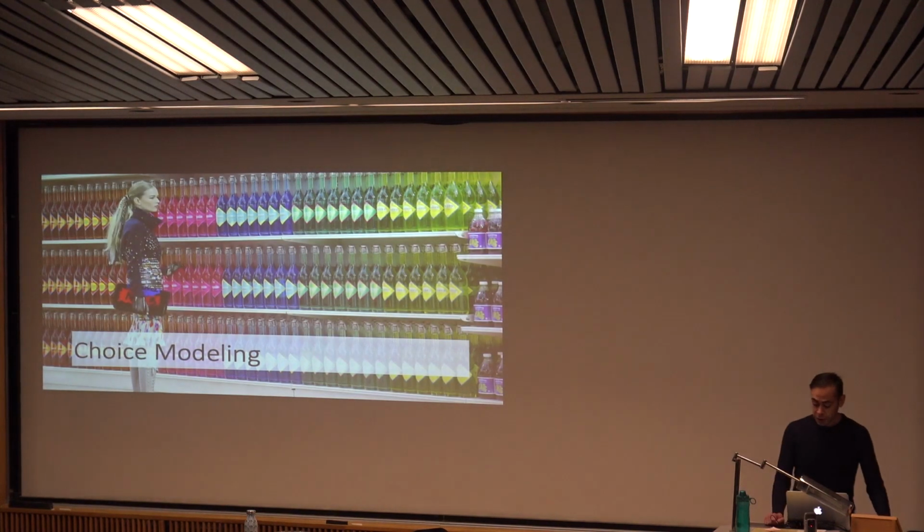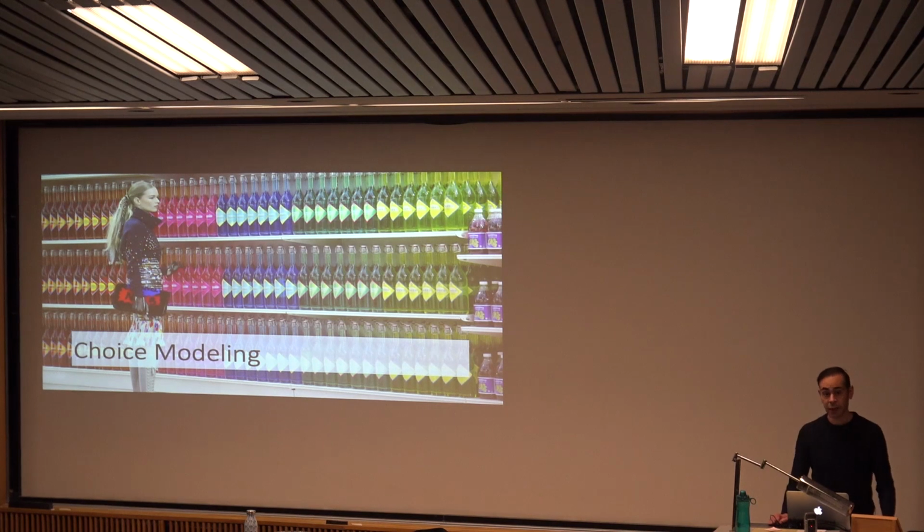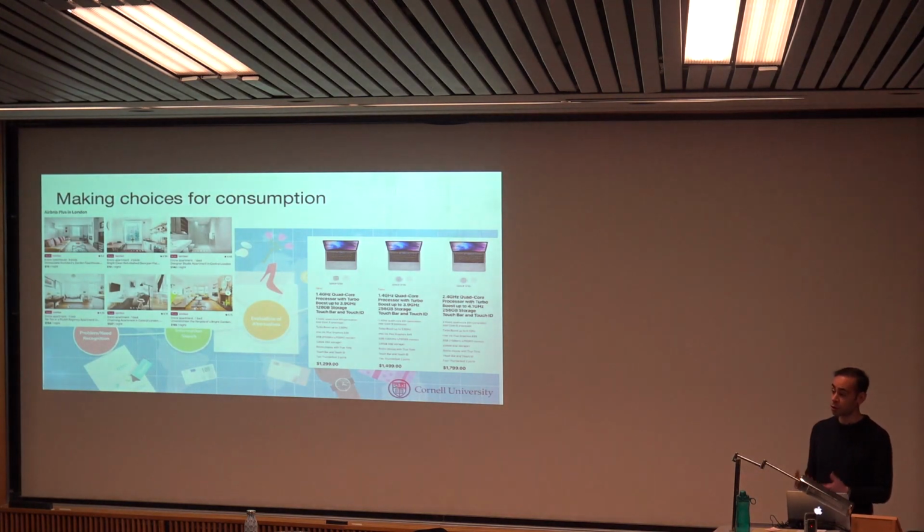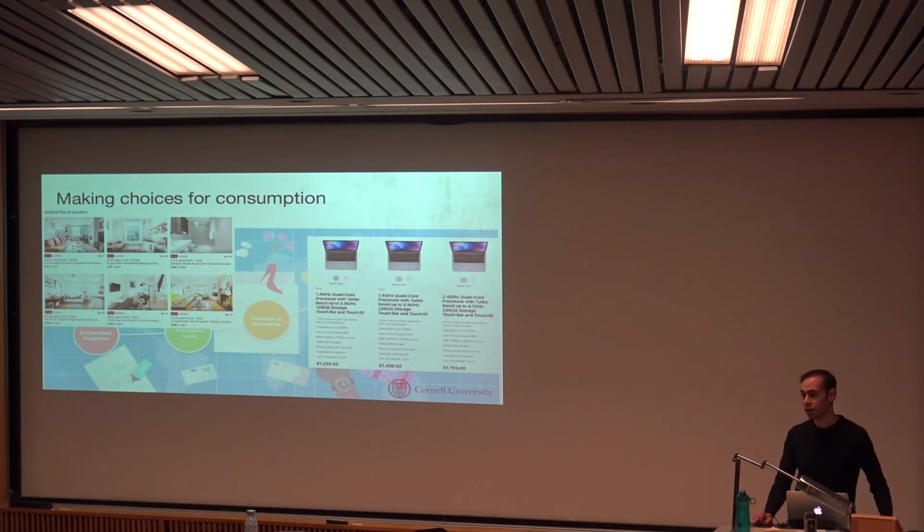So for starting, a little bit about what choice modeling is. My PhD is in economics, even though I'm based at the Civil and Environmental Engineering Department. So what I do is basically trying to understand how consumers make choices, right? Choice modeling. And we all have faced decisions when we're consuming something. In particular, we face situations where we have alternatives. For example, you're deciding where to stay for vacation. You go to Airbnb, and then you have different places. And then you start looking at, okay, what are the characteristics of the different places? We call that features or attributes of the alternatives. And then we're trying to model with these choice models what people are choosing.